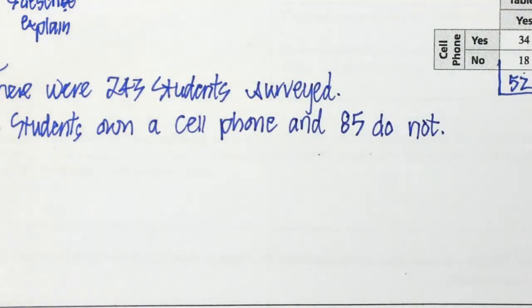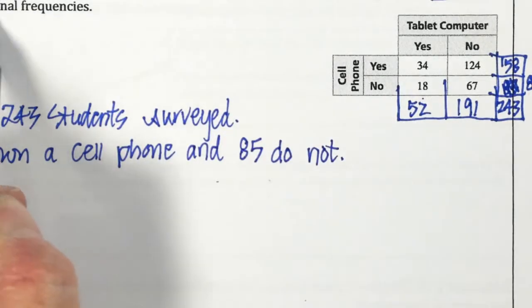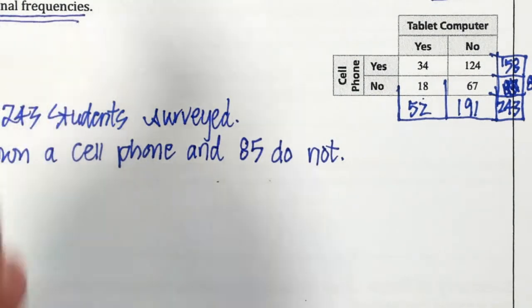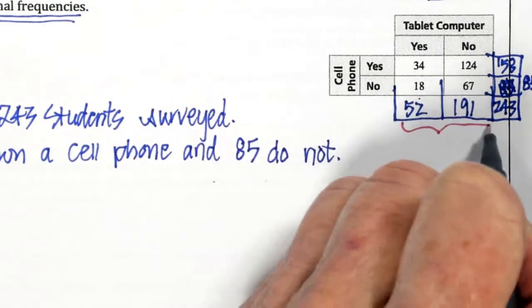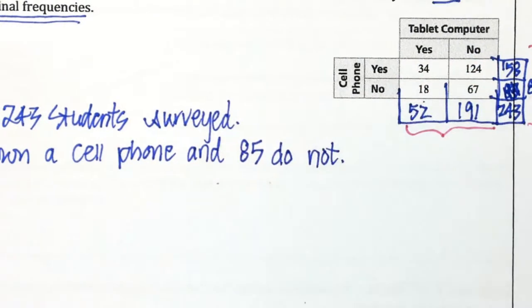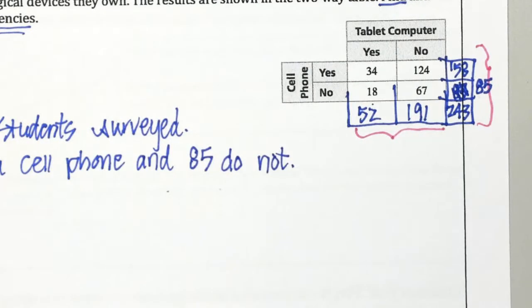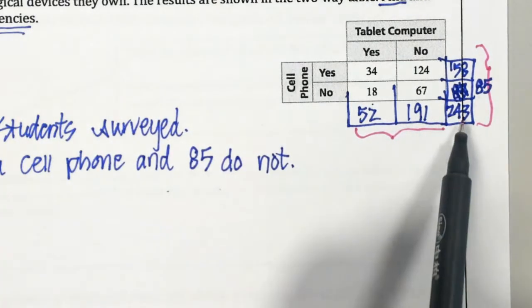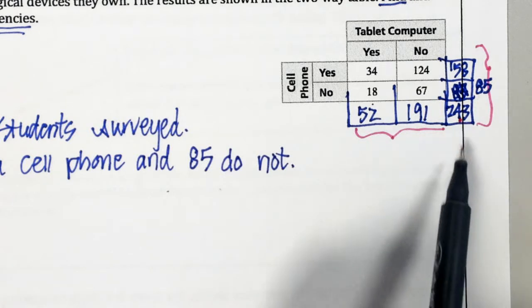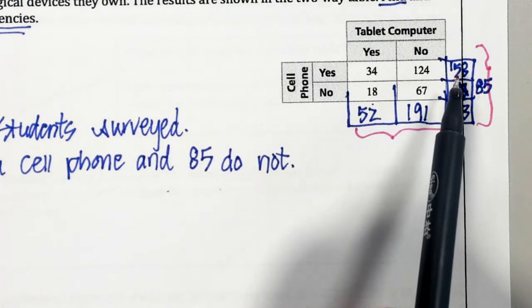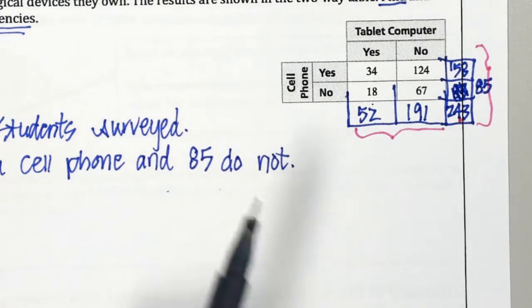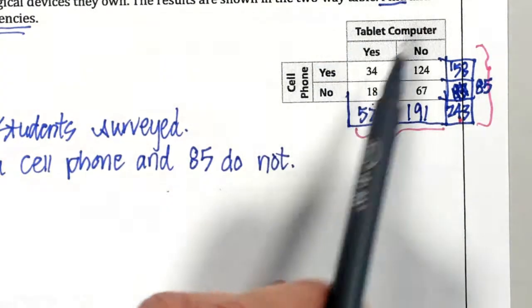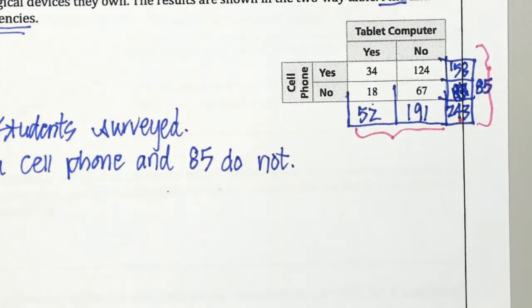What else do I know about my data? Because remember, we're looking at the marginal frequencies. So the marginal frequencies, again, just to remind you, are my totals. So I'm basically talking about the totals here. So I've talked about the total number of people that have been surveyed. I've talked about the number of students that have and who do not have a cell phone. So the only thing that's left to talk about are the students that do and do not have a tablet